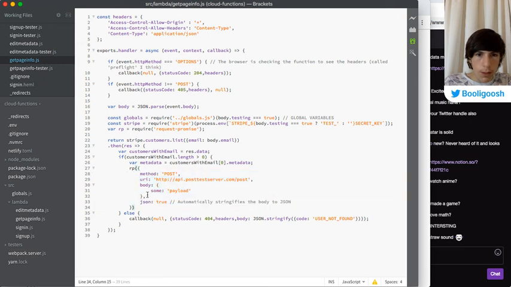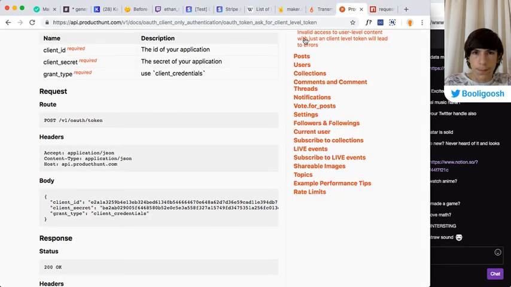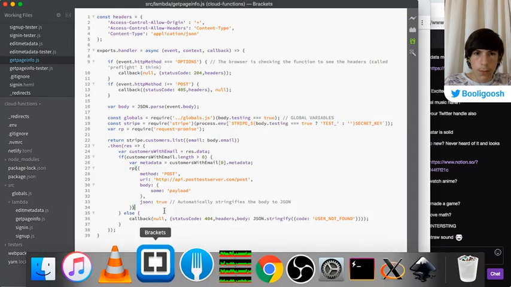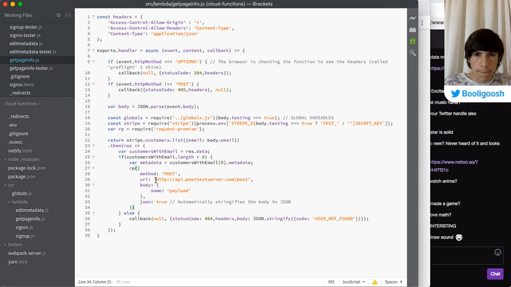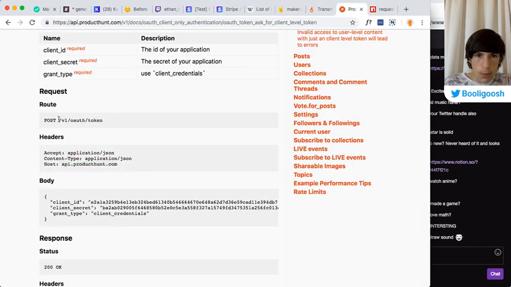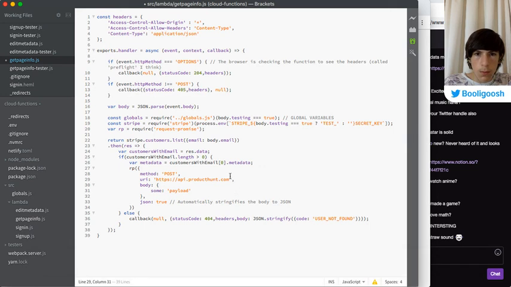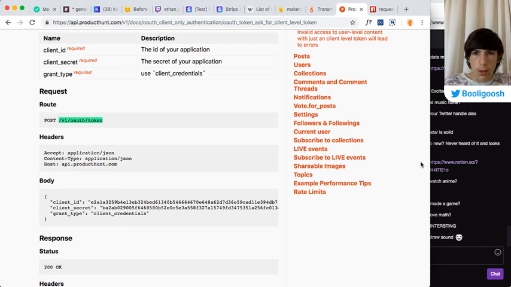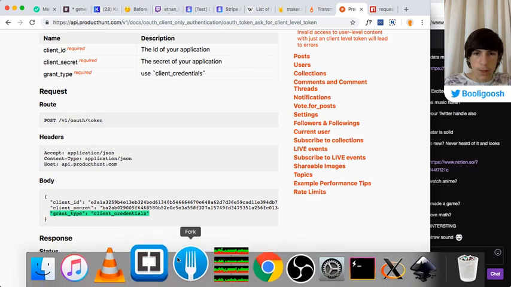Yeah, that should be there. So then the URI is, cool. So we have that. Then in the body, do we need a body? Oh yes. Grant type, client credentials, and then we just have our